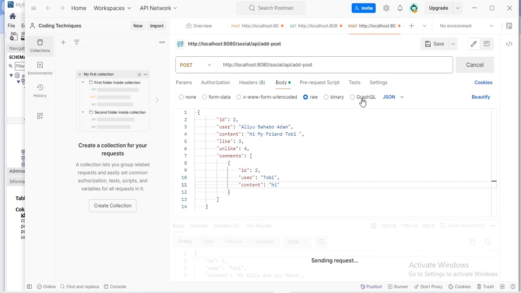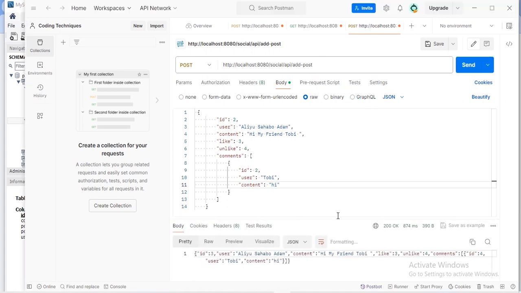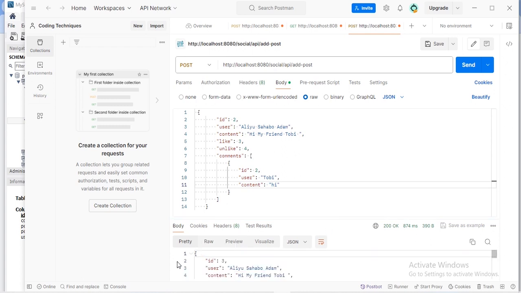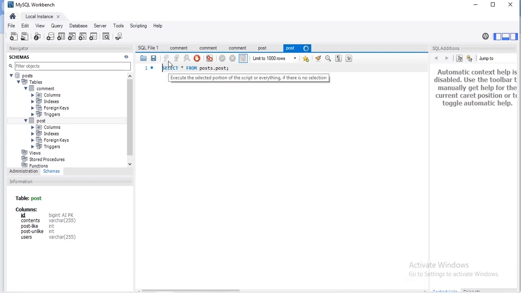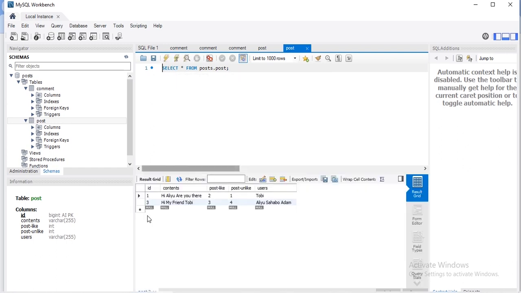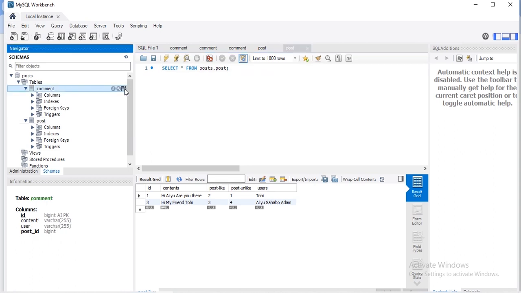We are sending this to the add post. Okay, you see it is saved. If you check the database and refresh the post, you can see we have hi my friend Toby, posted by Aliyu Sahabo Adam. And then if we go to the comment as well,